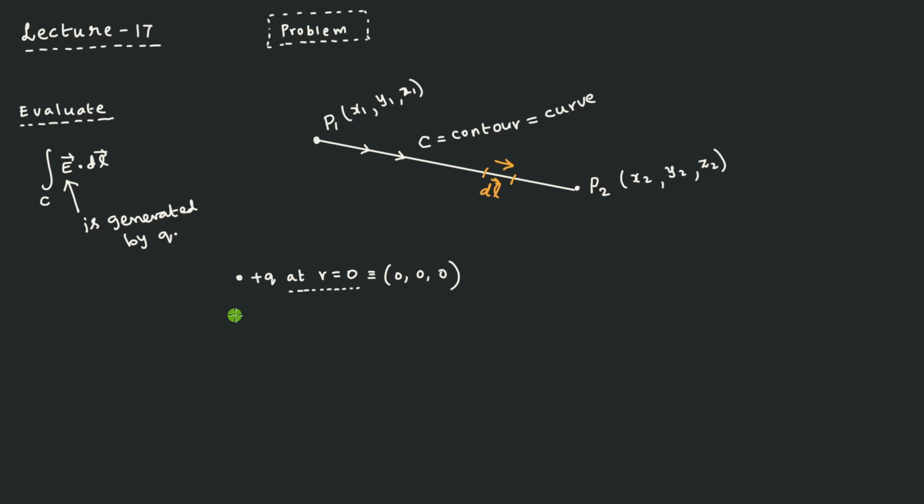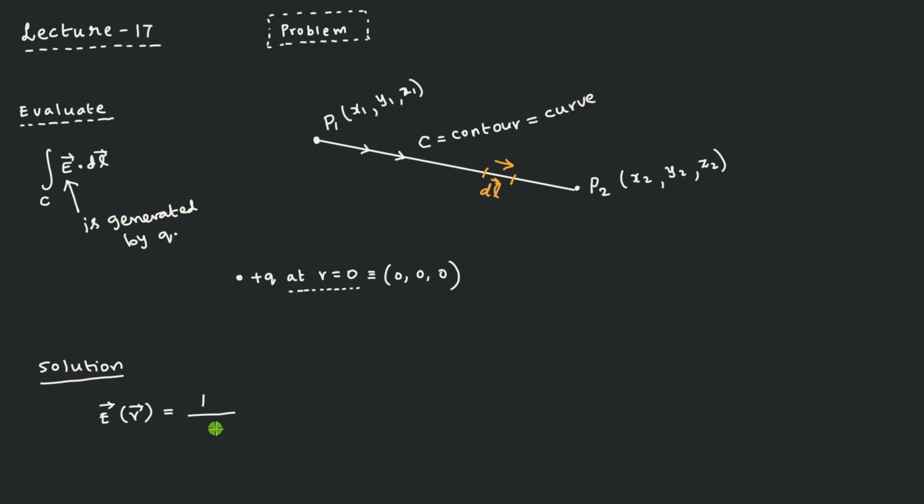Therefore, let me write down that this is the solution. The electric field, let me say this is the E vector, electric field at a distance r. So you know the meaning of this style of writing: electric field is a vector quantity. It is a function of the distance, but distance is also a vector quantity. Therefore, you have E of r, and that is equal to, because it's a single point charge, the expression is simple. There is nothing to calculate further.